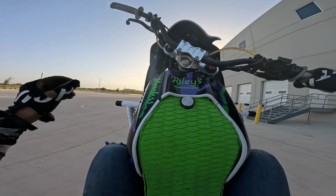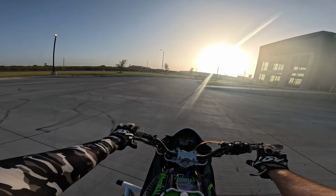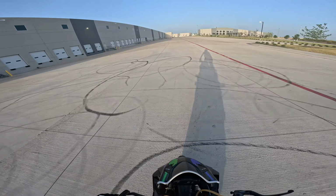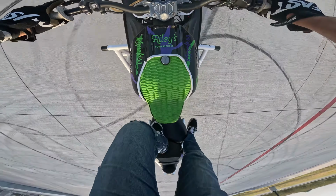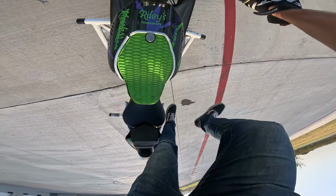Hello everybody! Today we're going to be learning how to do a Ralph Laurie. If you don't know what a Ralph Laurie is, basically you could do it on either side of your peg. So from a seat stander, you would drop a leg down and stick out,